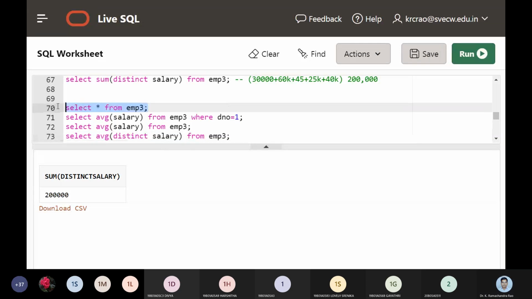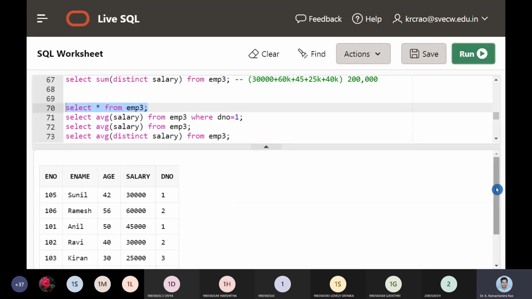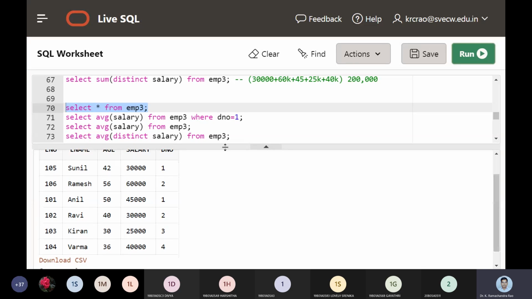We have 6 records as of now. So: average salary from employee where department number is equal to 1. What is the average salary of the employees who are working in department number 1? In department number 1, we have 105 working.